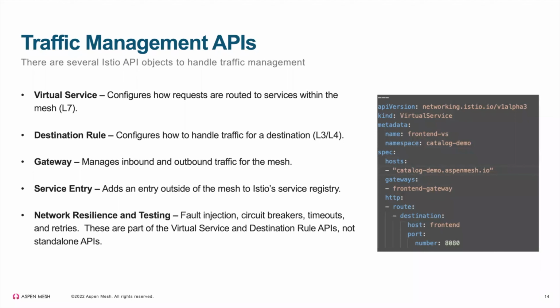Virtual service is a bit different. Yeah. So the one on the right is a very simple example, and this is a virtual service that essentially says, okay, any traffic coming from, to your point, an ingress gateway with this host, route to this back end. Front end is the name of the Kubernetes service and the destination. You could do a lot more complex stuff in here. It doesn't necessarily need to be bound to an ingress gateway. It could just be general traffic within the mesh as well. This was just a simple example I had in one of my Git repos that I put in here.